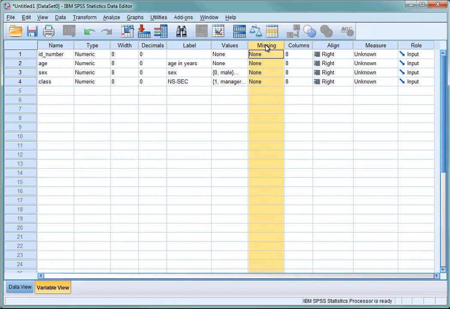Now that you've created your class variable, we can click onto data view and see that we have a column for class now in this view. We can enter the numbers in here, each of them corresponding to a different class. So for example, if case number 1 was managerial, we'd put in 1. If case number 2 was manual, we'd put in number 3. If case number 3 was unemployed, we'd put in 4. And if case number 4 was intermediate, we'd put in 2, and so on. But if we click back to variable view,